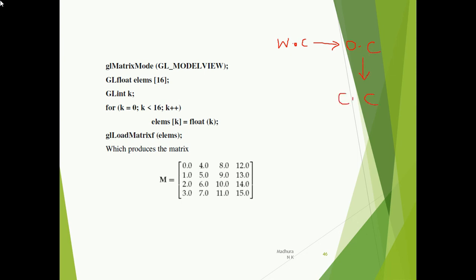So now you have a model view function here. This model view is actually converting your world coordinates to camera coordinates. If you want to display any contents on the screen, you must at least have a camera coordinate system.